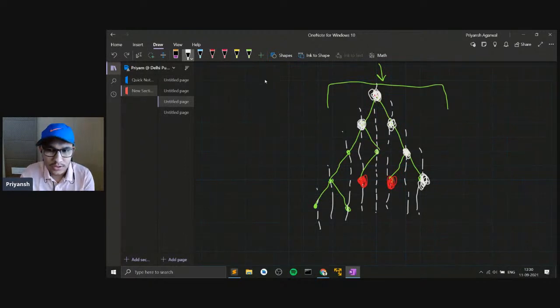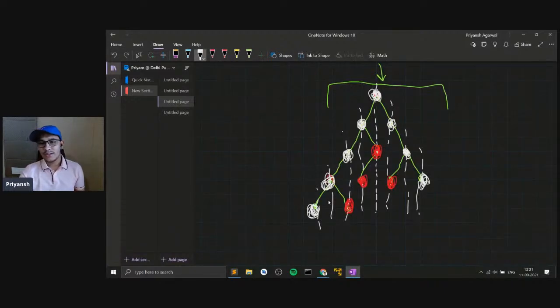Okay, sorry, this has to be red, right? Okay, similarly here. How is it getting changed here? I'm clicking on the white node and